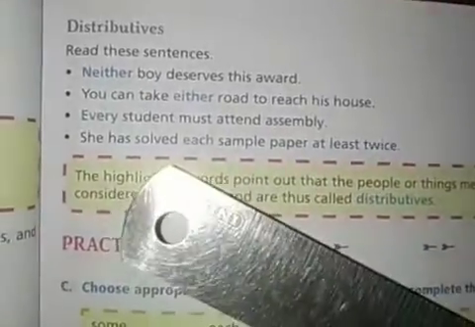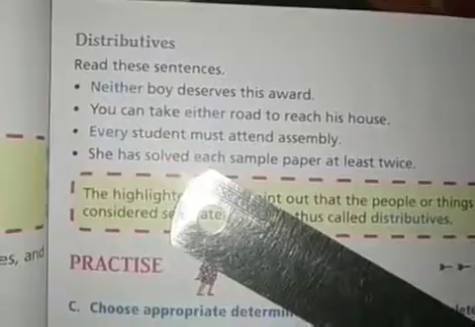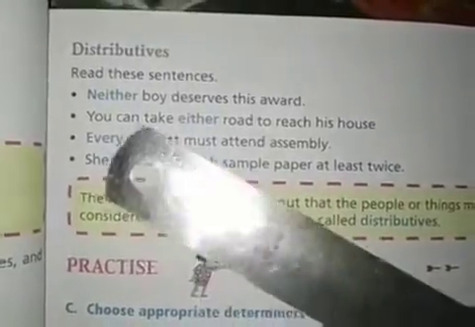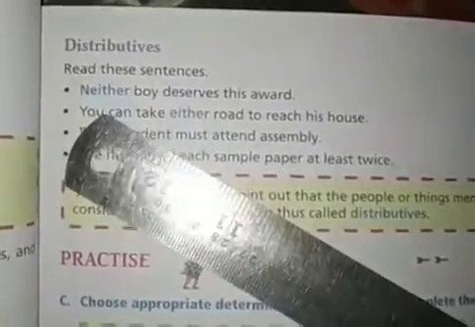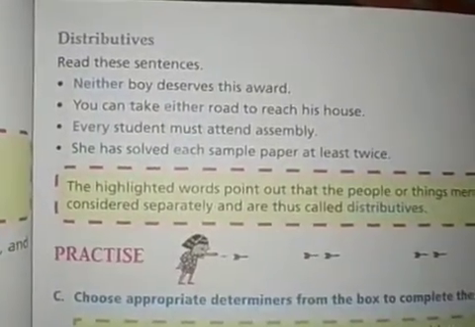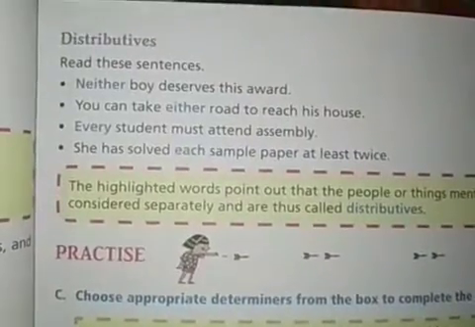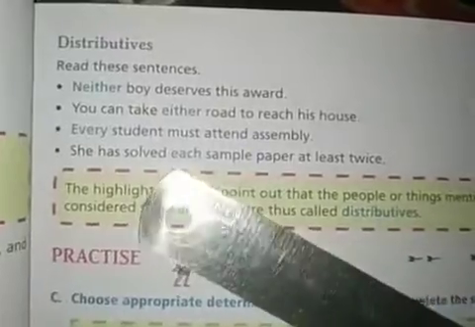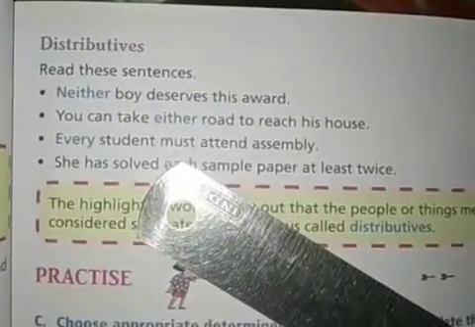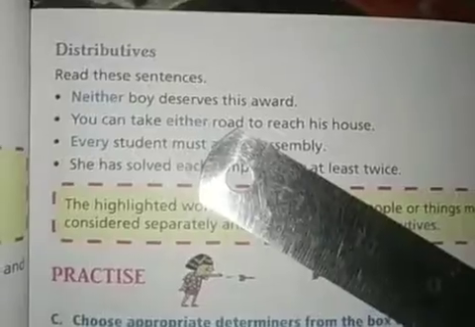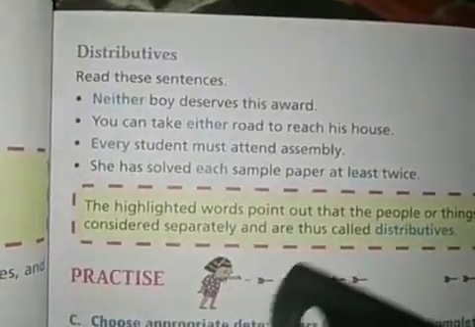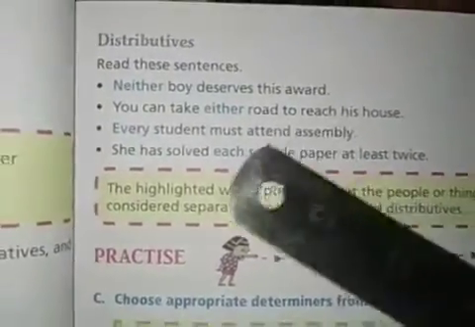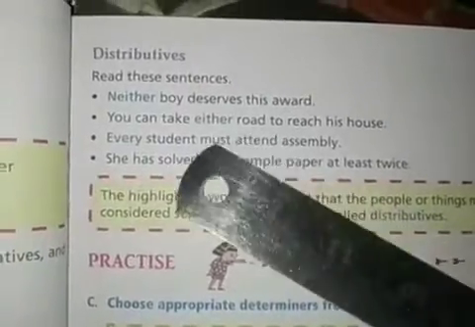And because there are more than one object, but you are talking only about one object, okay, like neither कब यूज होता है, जब दोनों में से कोई नहीं, तो neither यूज होता है. तो इसका क्या मतलब हुआ कि यहाँ पर दो लड़के होंगे और दोनों में से किसी ने अवार्ड डिजर्व नहीं किया, ओके। और either कब यूज होता है, जब दोनों में से कोई एक के बारे में बात किया हो, ठीक है। तो यहाँ पर कोई दो रोड होंगे जिसमें से किसी एक रोड से उसके घर पहुंचने की बात की गई है, ओके। सो यहाँ पर भी दो चीजें हैं, दोनों में से एक के बारे में बात किया गया है।